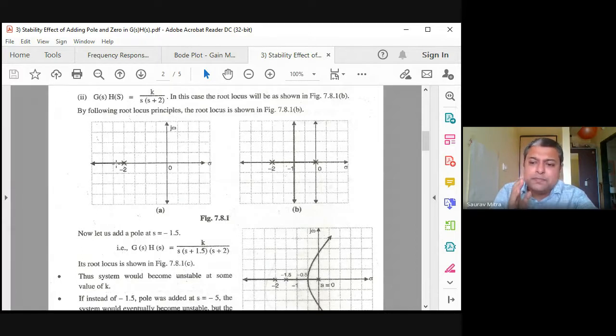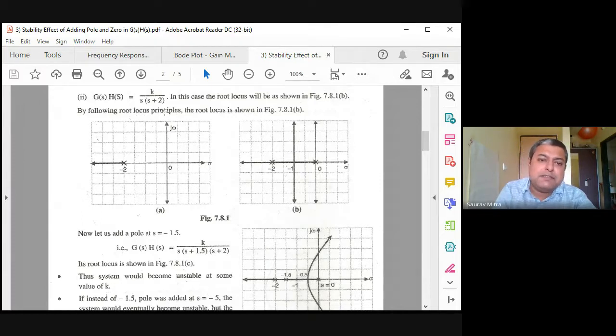It is starting on the real axis and going to infinity, and this is the most stable form of root locus. So K by s plus 2 is an absolutely stable system, and the root locus is not leaving the real axis. That means it will always produce this kind of response. So there is no oscillation present. A very stable response it is going to give.